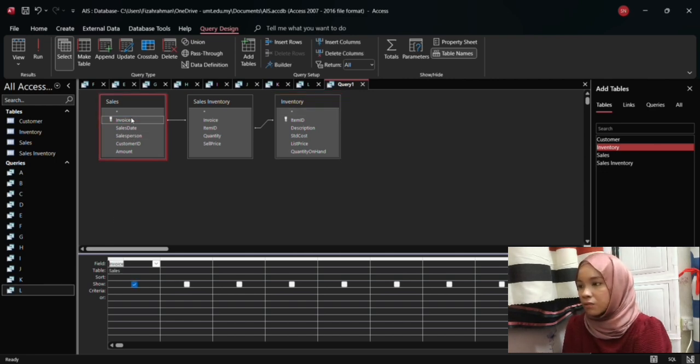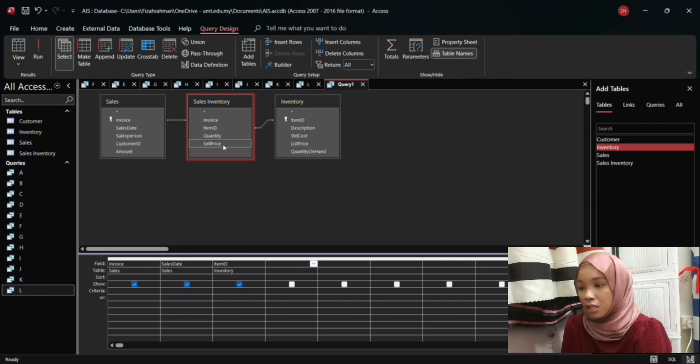Choose the invoice from the sales, the sales date from the sales, item ID from the sales inventory, oh my mistake, it is supposed to be from the inventory, and then we need to take sales price from the sales inventory, quantity from the sales inventory,